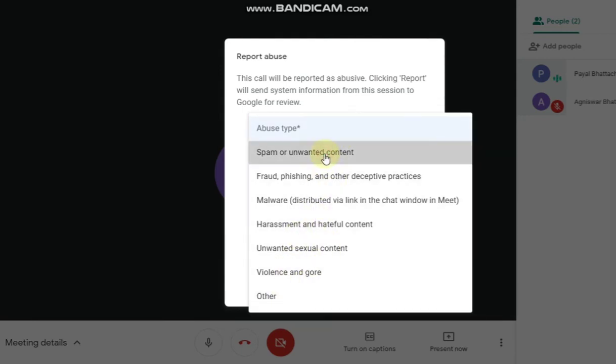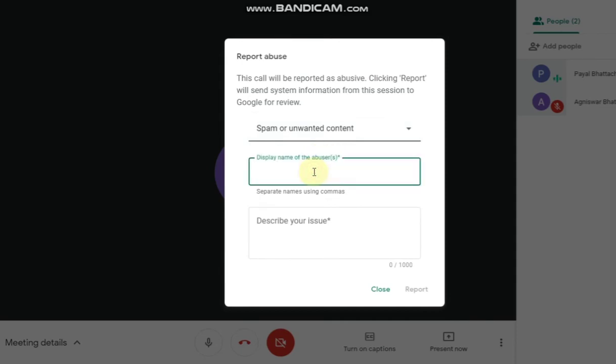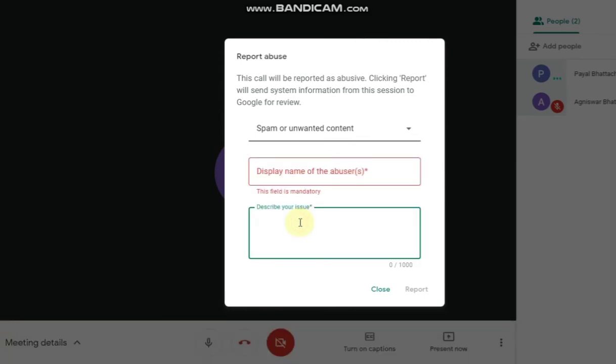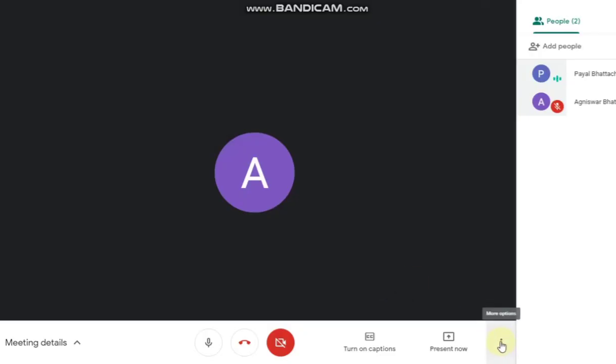Once you have selected, then you have to display the name of the abuser with which name the abuser has joined, and then you have to describe the issue. This is optional, and then you have to click on report. Since I don't have to complain right now, I'm closing it.